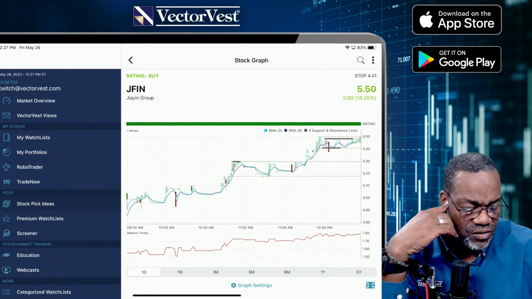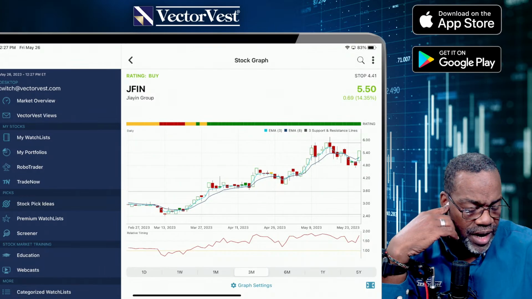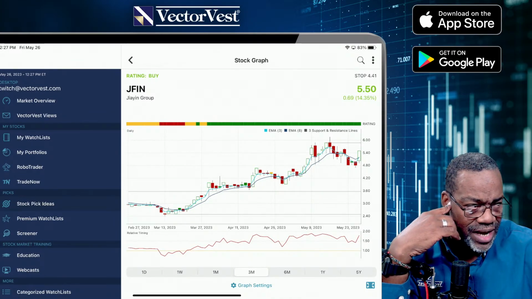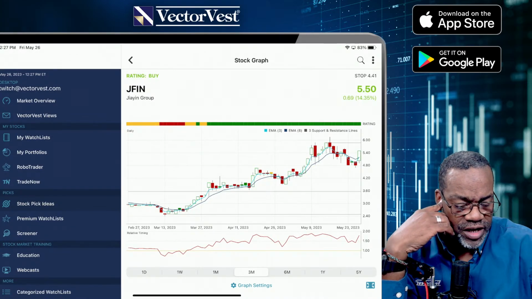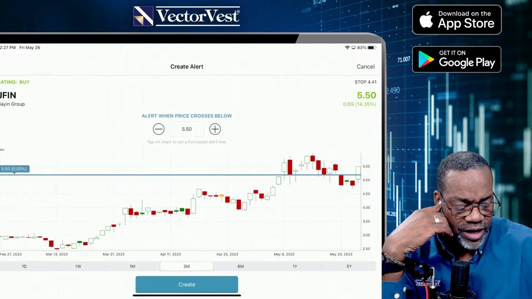Put this on a 3-month graph. I'm not sure I feel that stock. This is a 1 day. Let's put it on a 3-month. You notice the 3 and the 8 cross, found the level of support. All right, now moving up. Nice up day today. No wick at the top of the candle. Where would I want to buy that? Well, I could do 2 different things. Watch this. Let's hit the little bell icon. Quick 8, the alert.